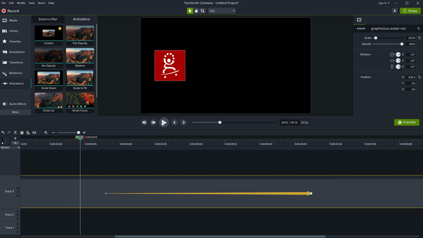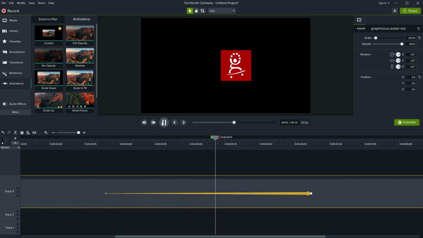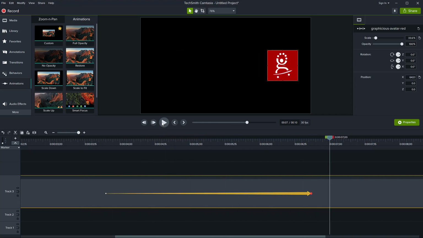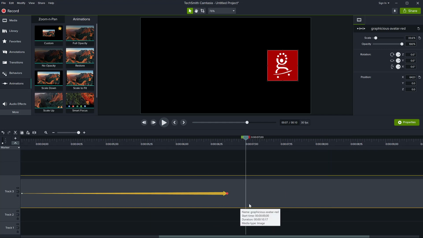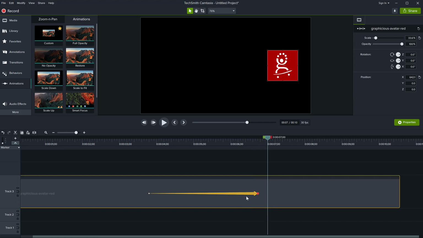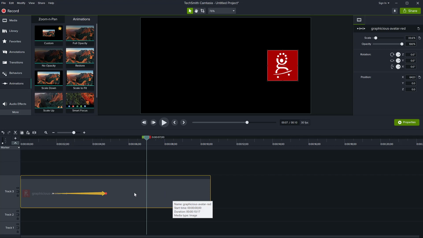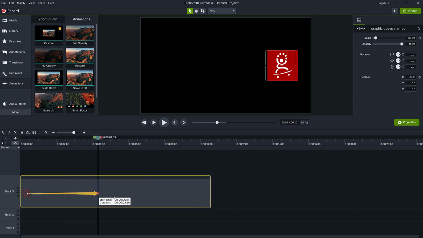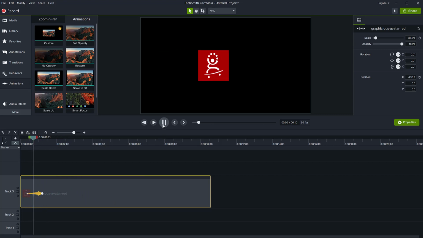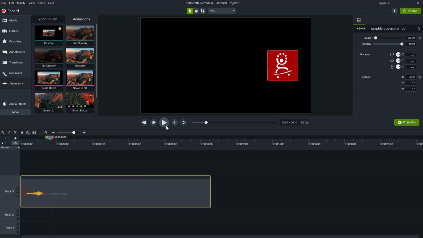So if I play it now, the object moves to the other side. I can do multiple animations on the same clip, which is how I realized that animation I showed you at the start. So all you have is just this one image, and I can move this animation to the start, make it shorter. So this is how you extend the duration of the animation. If I make it shorter now, you will see that it moves faster from one point to another.